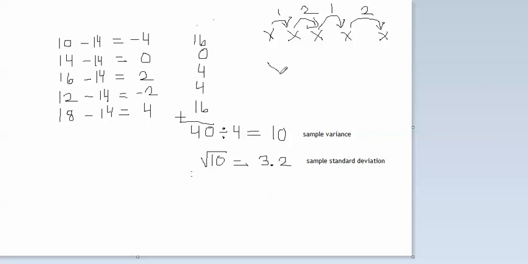And for the second set of numbers, if I make these two numbers 2 apart, these ones 3 apart, these ones 3 apart, and these ones 4 apart,